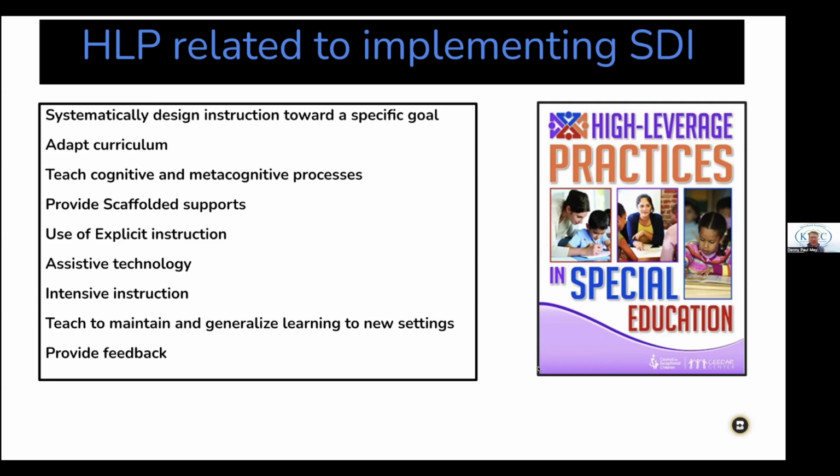And then also providing that feedback is so vital. Checking for understanding and going through that process of explicit instruction, modeling, teaching new concepts, providing examples, non-examples, checking for understanding, providing feedback, and doing that process over and over is so important when you talk about specially designed instruction. And there's a research base to it, and it's right here in those high leverage practices.